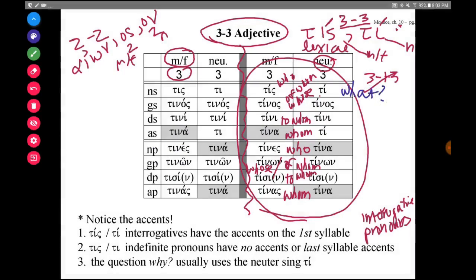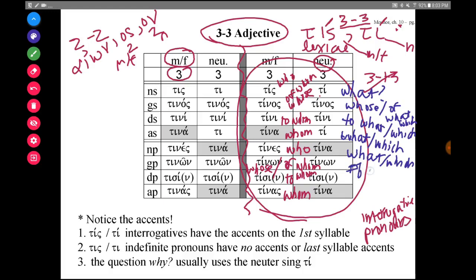It could be whose or of what. It could be to what or which, of what or of which, and then this is what or which. And in the plural forms, again, you can write it as what or which,